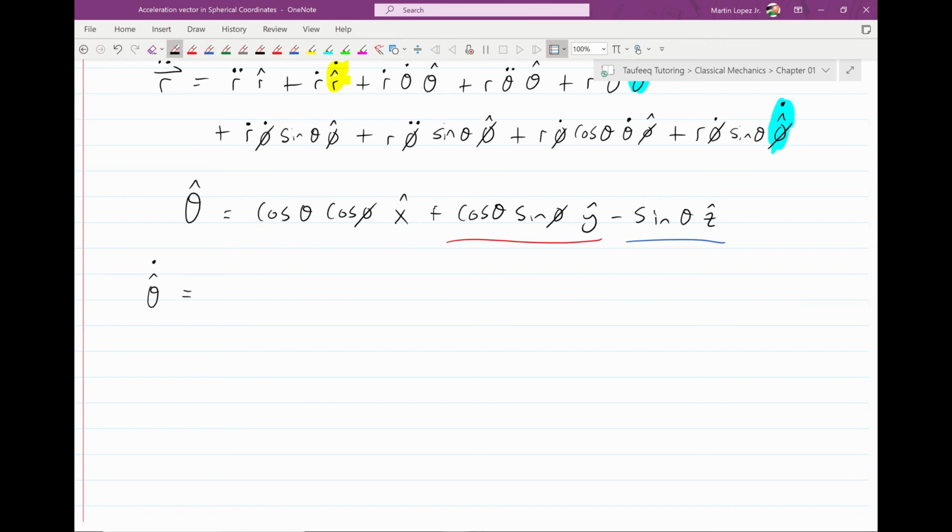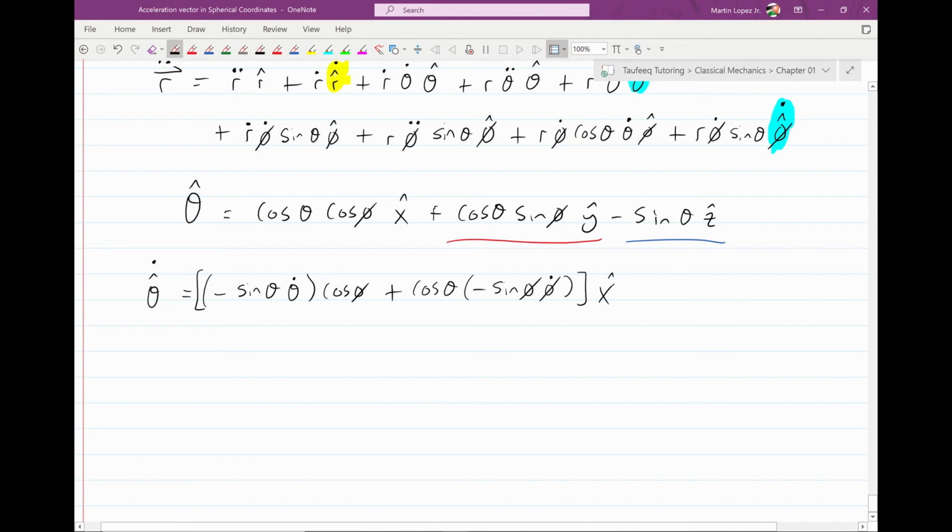So I'm going to do the first one in black. Hopefully I can remember, this is red, and this is blue. It's an arbitrary order, but I like that order. Okay, now we have negative sine theta dot, and this is all going to be the x hat term, times cosine phi, plus cosine theta times negative sine phi dot, x hat, plus,